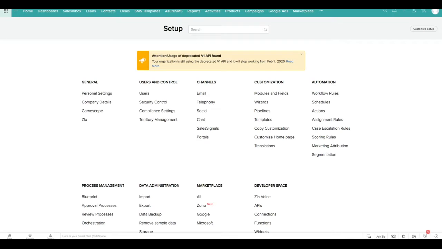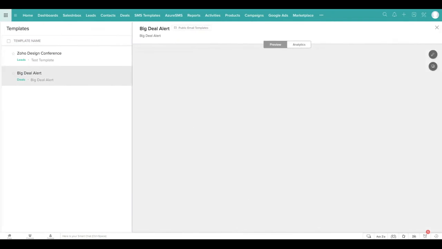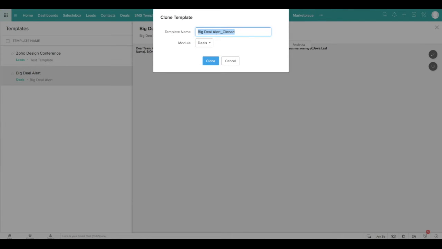Hi, this is how to clone an email template. So in Setup, you select Templates under Customization, and then choose the email template you want to clone. Once you select that, you'll see Clone on the right side, so you click Clone, and then you'll be asked